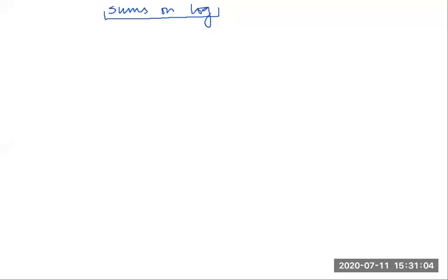Okay, students, so today we will do some interesting sums based upon logarithm. These sums are based upon three laws of logarithm, and I would like to ask the students what the laws are. Voluntarily, any student can tell me the first one, the product law. Tell me what is product law.